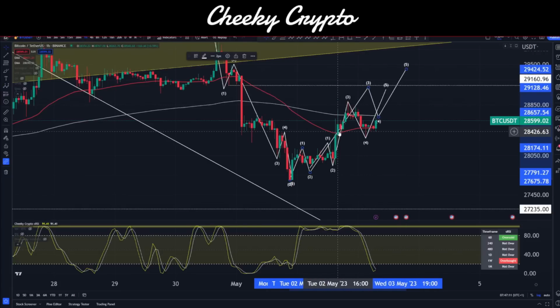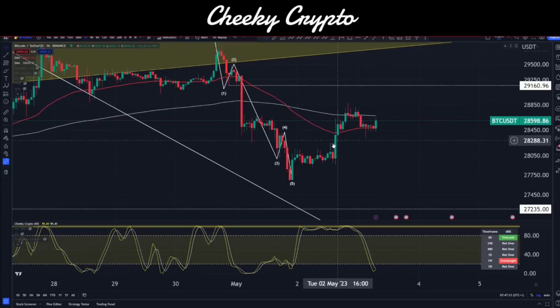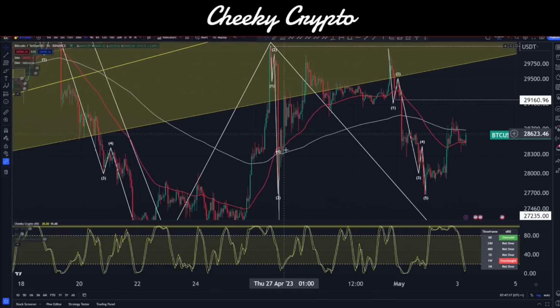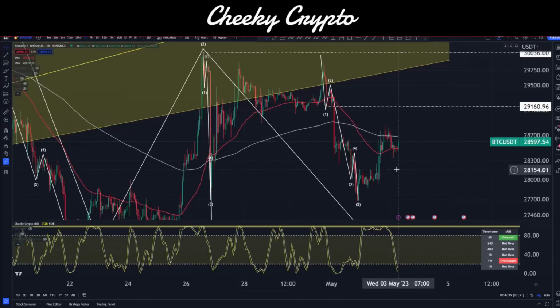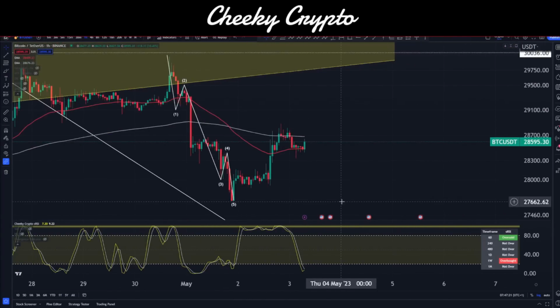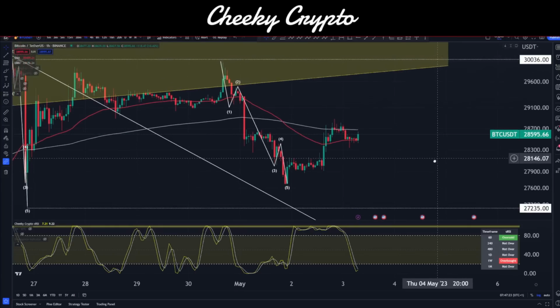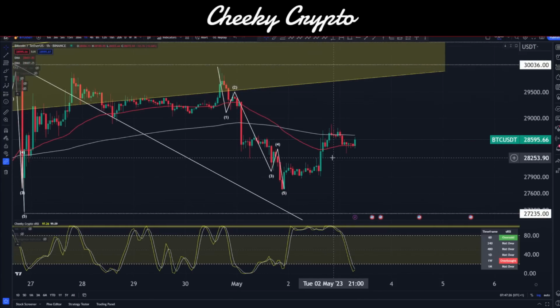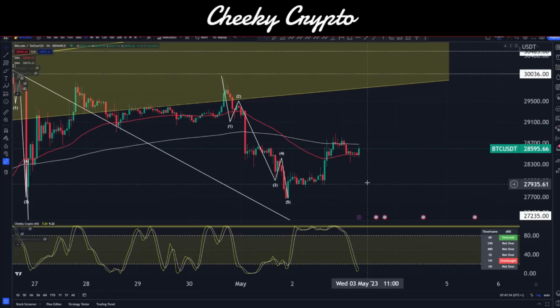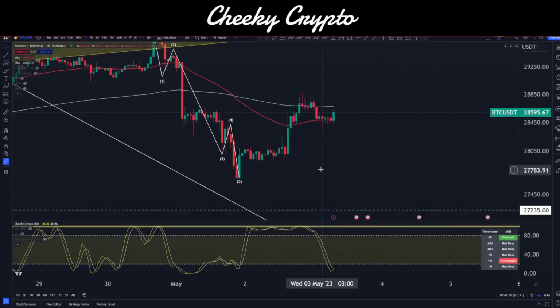There's a problem with this though: it's unusual. We would not expect to see that after completing a 5-wave structure to the downside. And considering we've got a 5-wave structure over here as well, it'd be very, very unusual. We can remove this one. We don't need that anymore. So we know we have upper areas here to be attacking and going for. We're finding that the 200 EMA is current resistance and the 50 EMA is our support line, so we'll keep an eye on that. But at the moment, we've got an interesting structure.